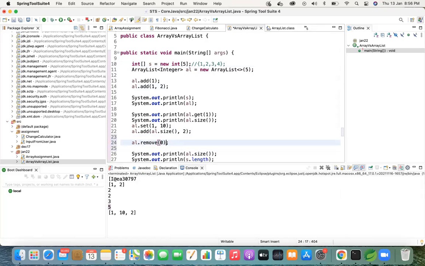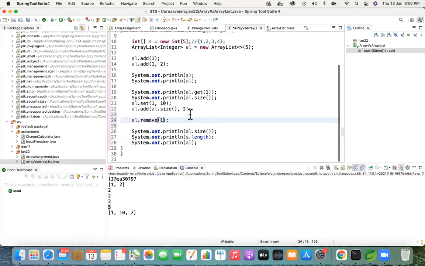So if we break the chain, like there are 3 elements or 3 nodes, and I remove the middle one. Whenever you're trying to remove an index which is in between, not the first or the last, it will resize again. It will create a new copy of your entire array list, remove the data you have asked for, and create a fresh copy. So it is always like delete, create, delete, create. This is what happens behind the scenes. The advantage of arrays is that retrieval is easy, but creation and deletion is a little heavy, because it's always going to resize your array list.